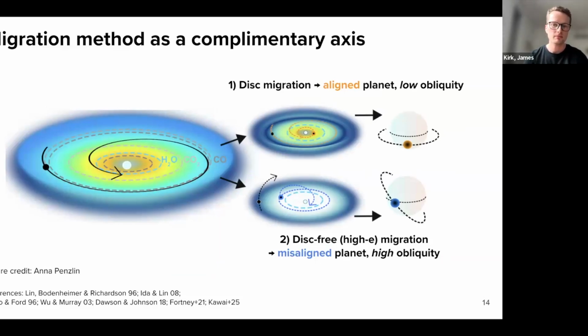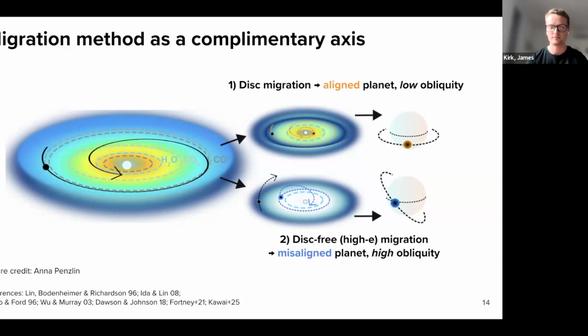There are two main migration methods by which a planet may undergo to become a hot Jupiter. The first of which is summarized in the upper right here. This occurs when the protoplanetary disk is still in place, by disk migration. And ultimately, this will result in an aligned planet that preserves its primordial alignment with the disk, and thus a planet on a low obliquity orbit, where the obliquity is the angle between the plane of the planet's orbit and